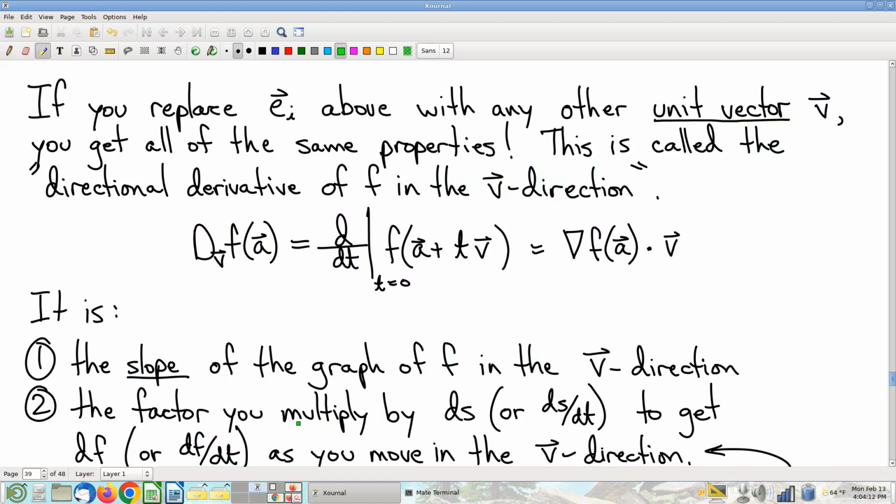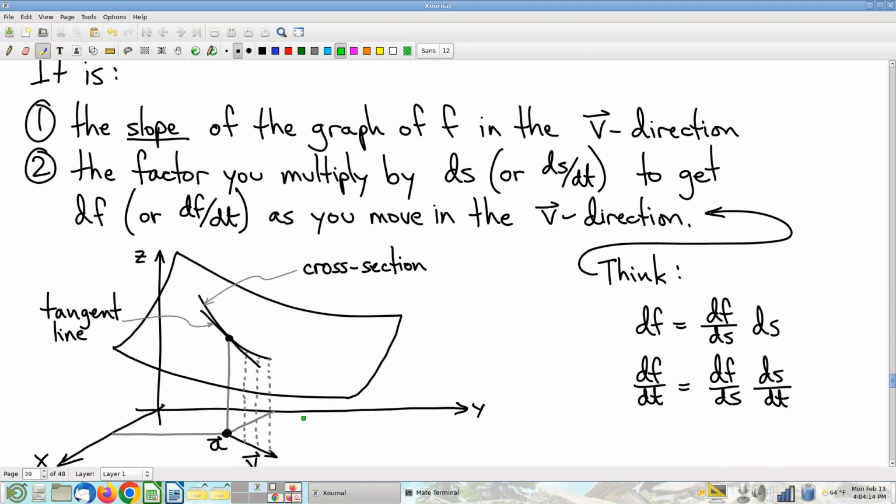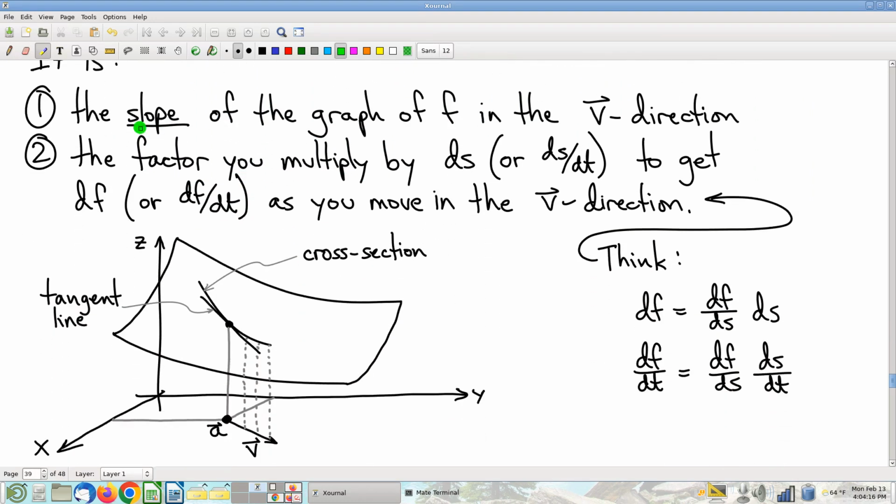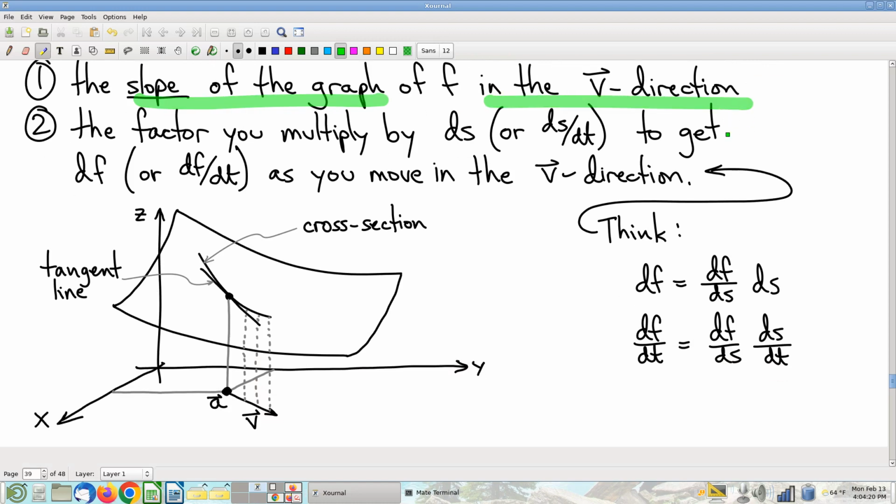Oh, I'm sorry. I'm getting ahead of myself. Let me draw you some pictures. What do we mean by slope of the graph in the v direction? So recall, when you're taking a partial derivative, you're going either in the x direction or in the y direction. Those are partial derivatives. Again, coordinate free, that's just an arbitrary pair of directions. There's nothing magic about them. There's no reason why they're better than any other directions. And along those lines, no pun intended,